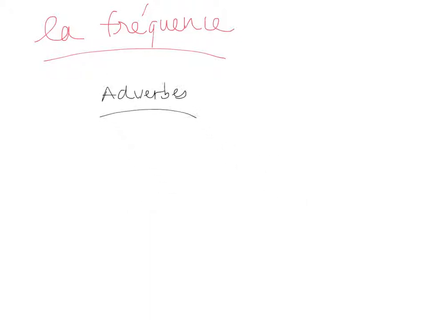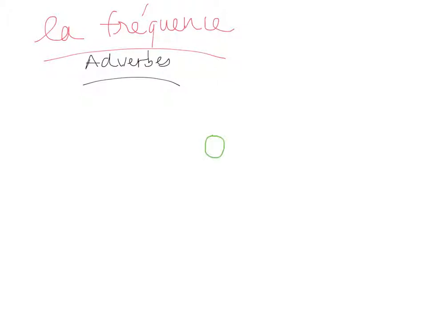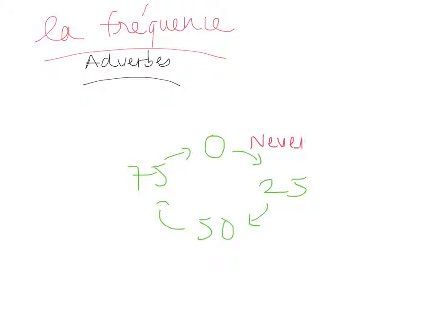Before we get into the adverbs and everything, I'm going to make a circle that will express in percentage how often we do things. Now, this is just an image. I don't want you to take it too strictly, like if we do it that percentage of time. No, it's just to give you an idea of what I mean by frequency. Let's pretend that you do something between 0 and 25% of the time. I would say that it is fair to say that you almost never do it, right? 0 to 25% of the time.